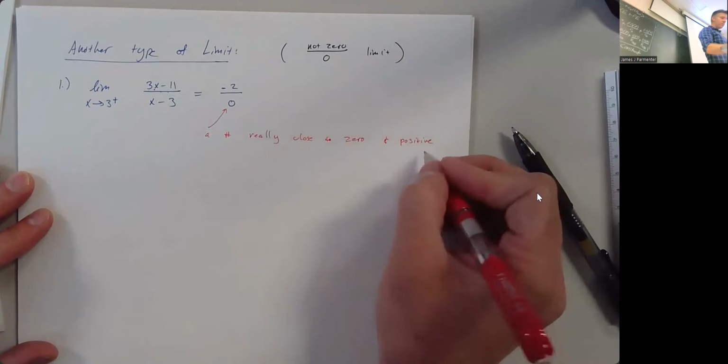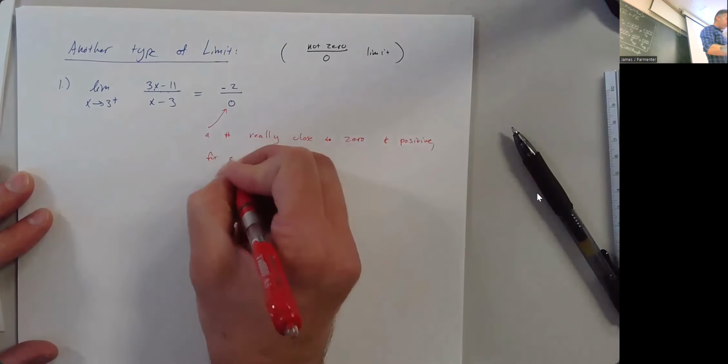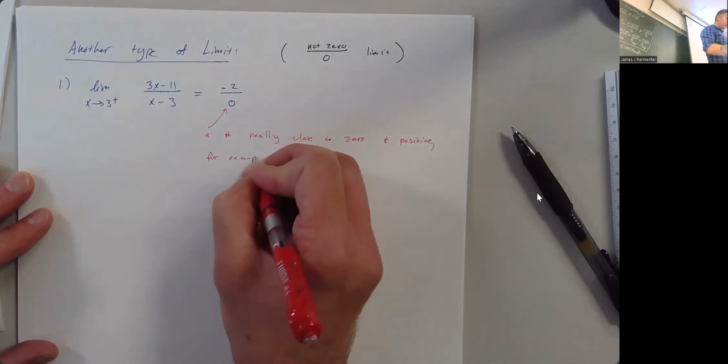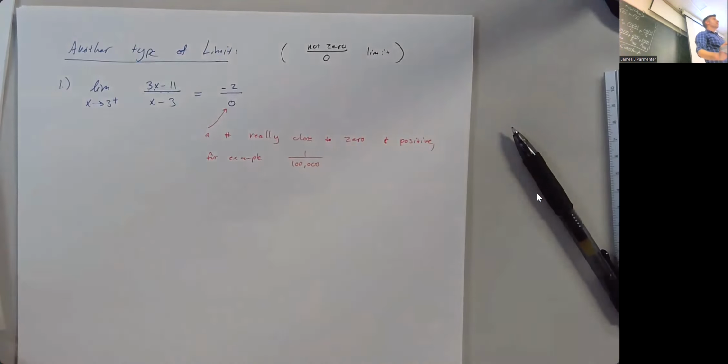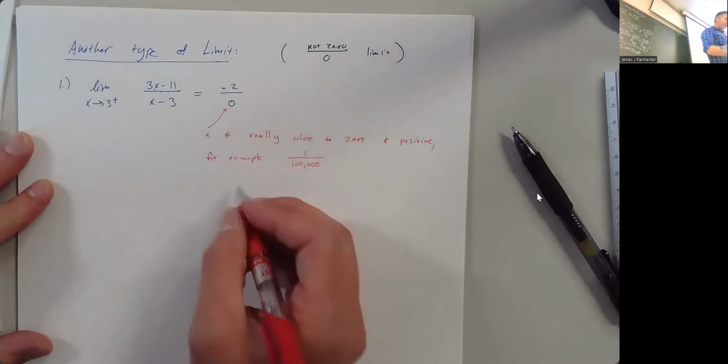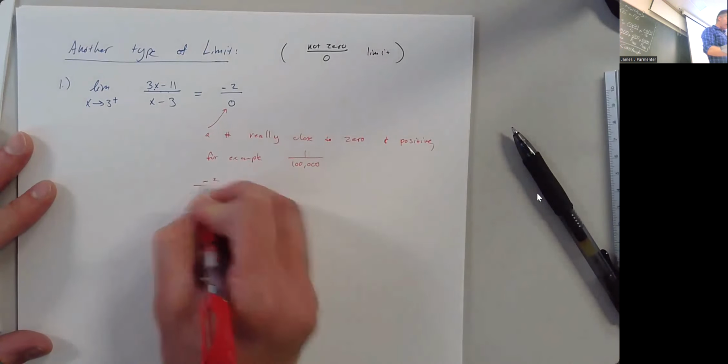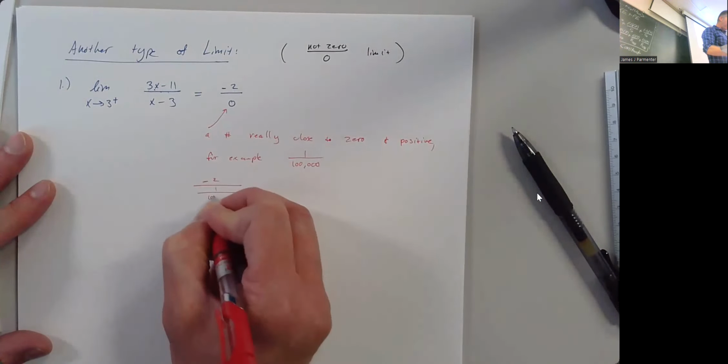So this is a number that's really close to 0 and positive. For example, 1 over 100,000. Right? I could plug in the number 3 plus 1 over 100,000, which is really, really close to 3 and a little bit bigger than 3. What happens when I do that? Well, if I actually have -2 divided by 1 over 100,000,